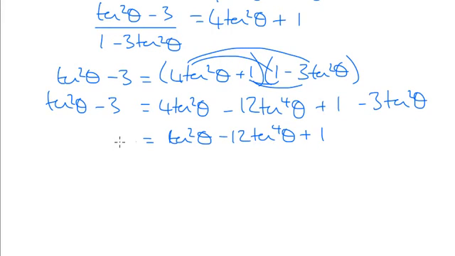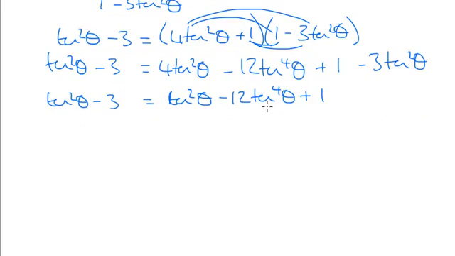If I now move everything to the left side, I'm going to lead with my highest power, so that's going to be 12 tan to the 4 theta. If I take away tan squared theta, it's going to cancel with this tan squared theta, so we're not going to have any tan squared thetas. We've got a minus 3 and I need to take away one more, so that's minus 4 equals 0. If I add the 4 onto the other side